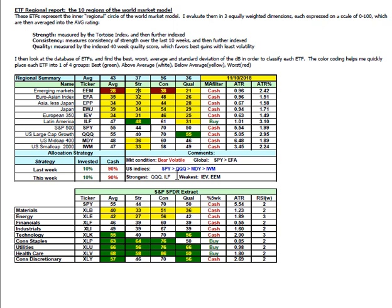The two strongest sectors are Latin America, and that should read the S&P. Two weakest sectors are European 350, and emerging markets. Among the S&P sector spiders, you can see strength in the usual suspects, staples, utilities, and healthcare, and then weakness in materials and energy. So this is clearly a defensive market that has not yet responded to